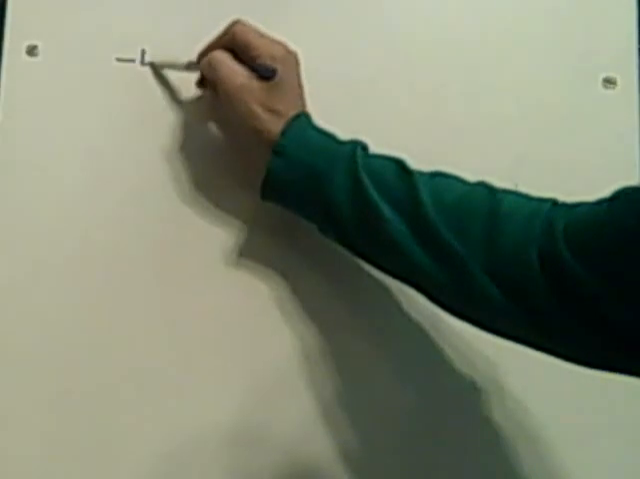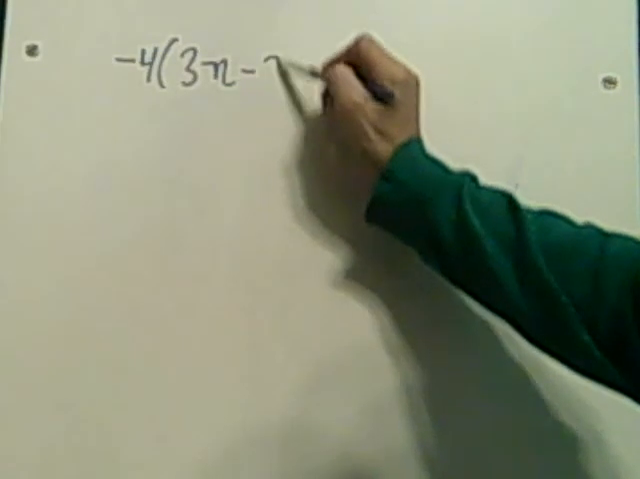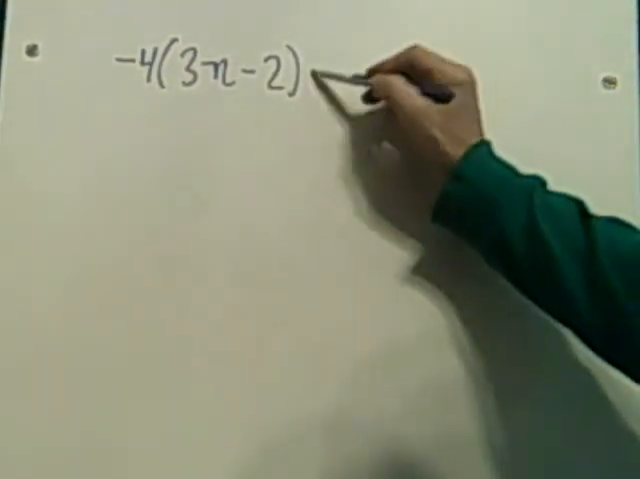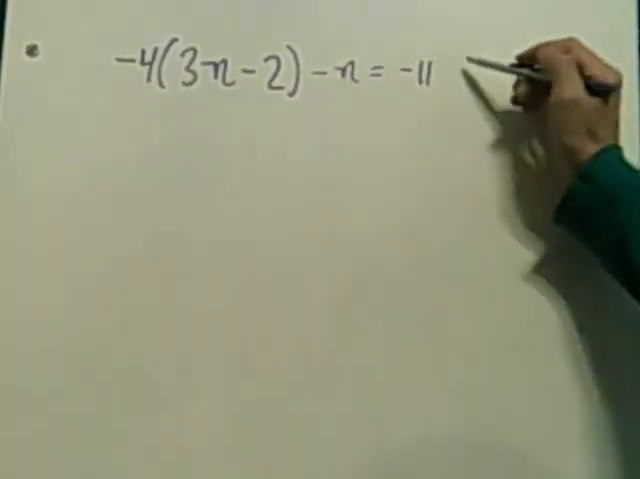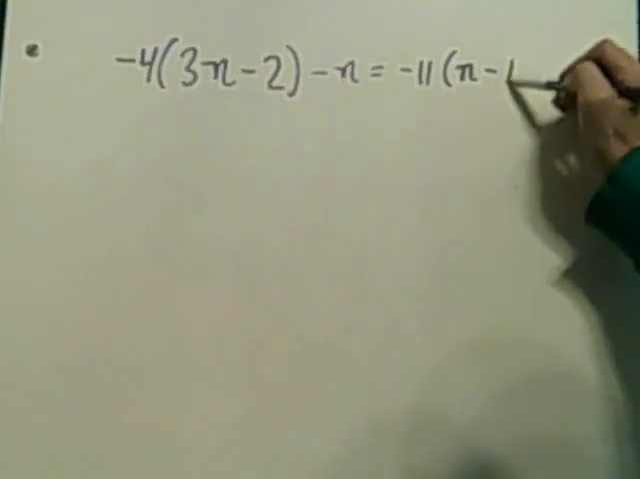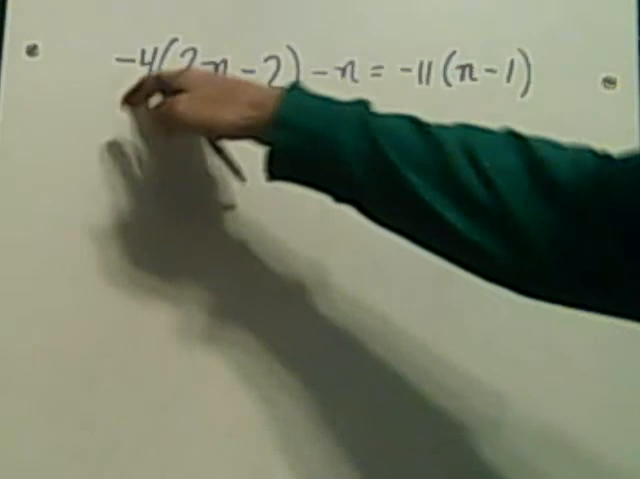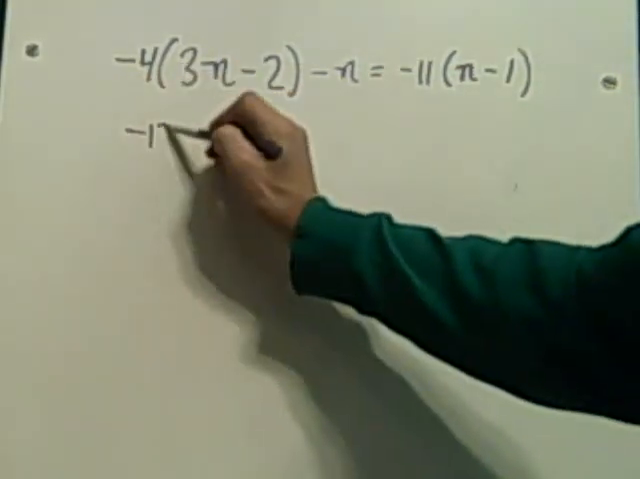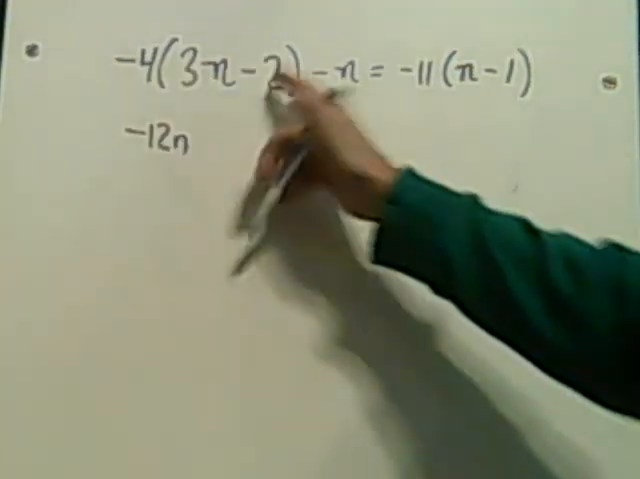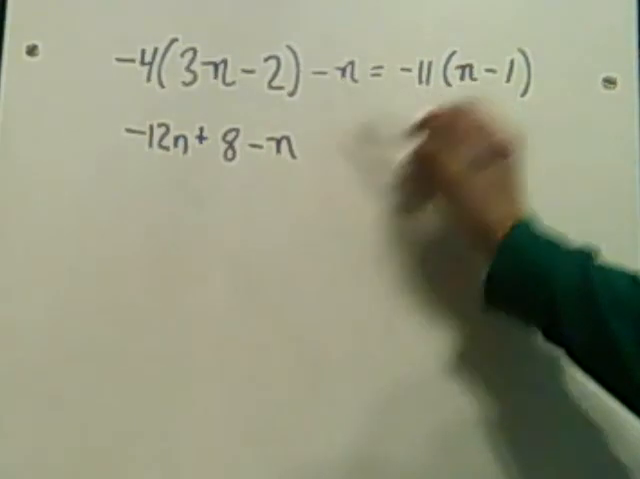Now we're going to go to 34. Negative 4 times 3n minus 2, minus n, equals negative 11 times n minus 1. Okay, we're going to want to get all the n's together. First, let's multiply by this negative 4. This is going to be a negative 12 times n. And the negative 4 times the negative 2 is going to be a positive 8. And then we're going to have the negative n, and that's equal,